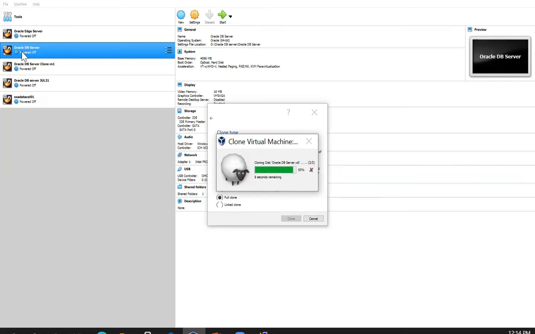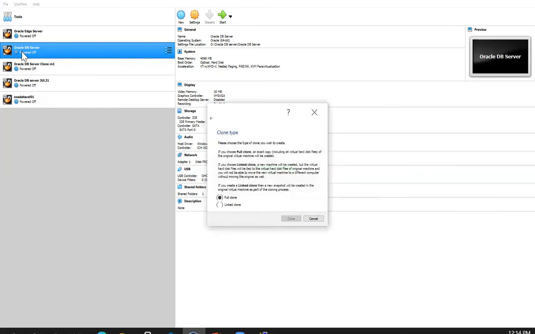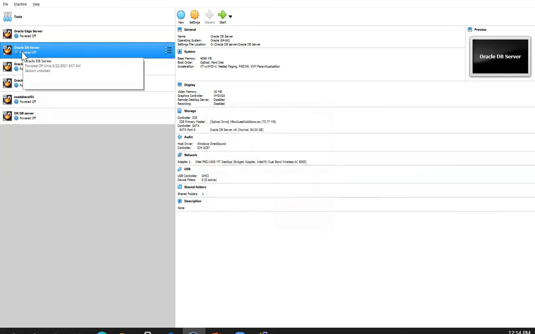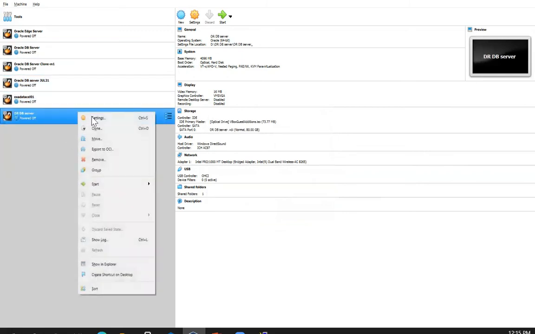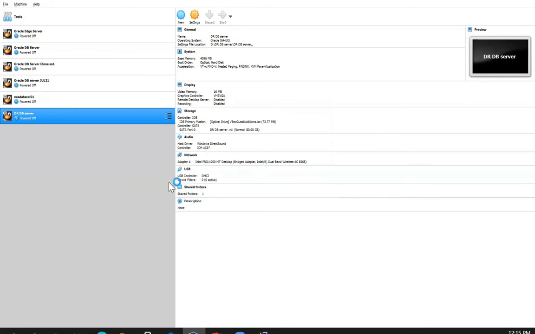But do not directly start the source machine until and unless you modify addresses, IP addresses, everything in the new machine. See, my new DR server is done. I'm going to start it now. Start normal.